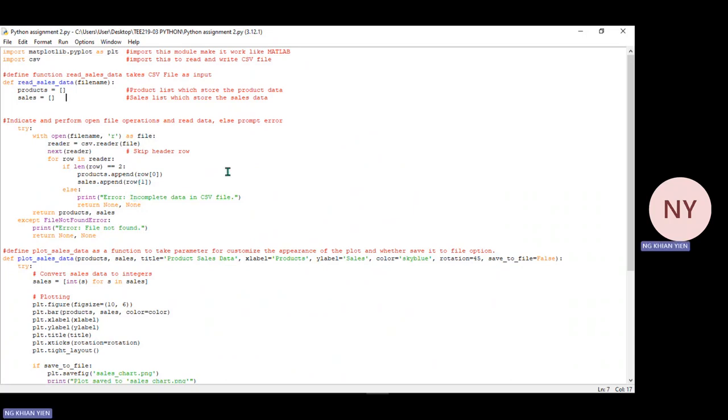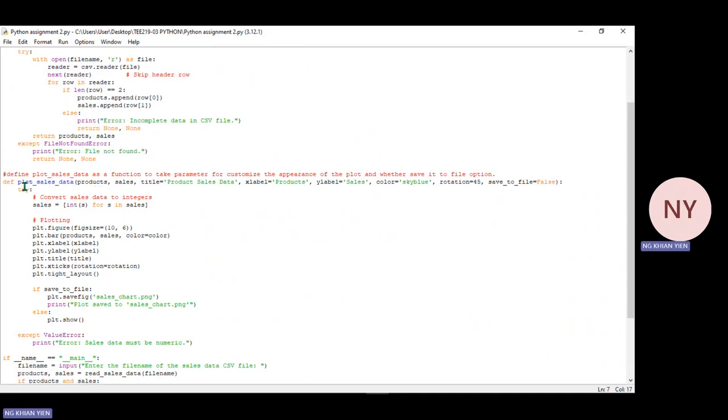Or if it is not a CSV file, it will prompt the file not found error and return nothing. Once we input the correct location of the CSV file,